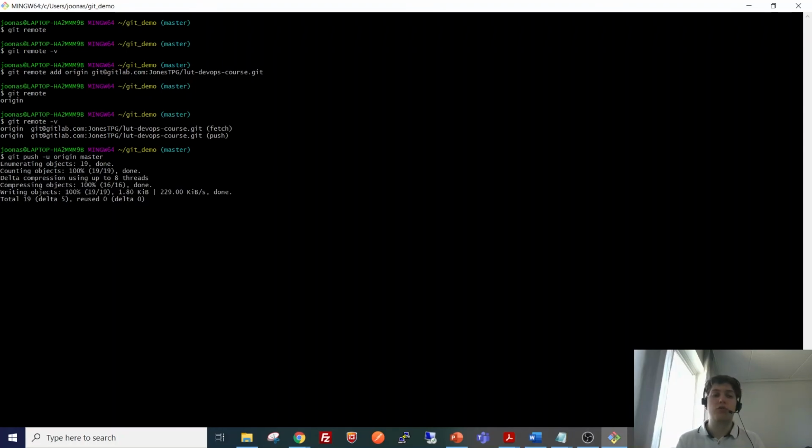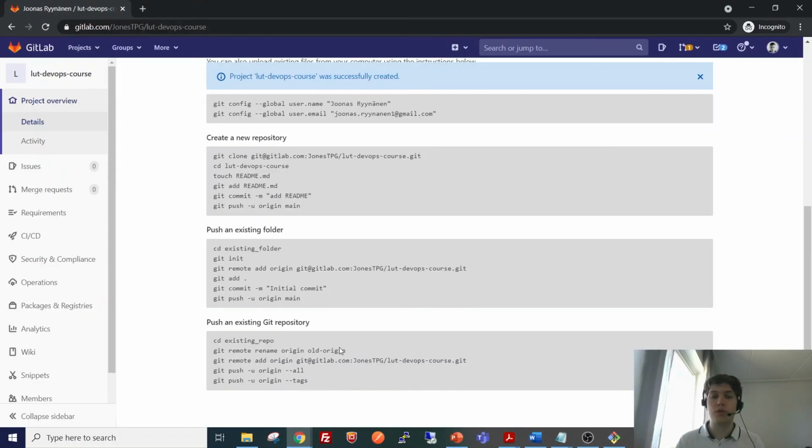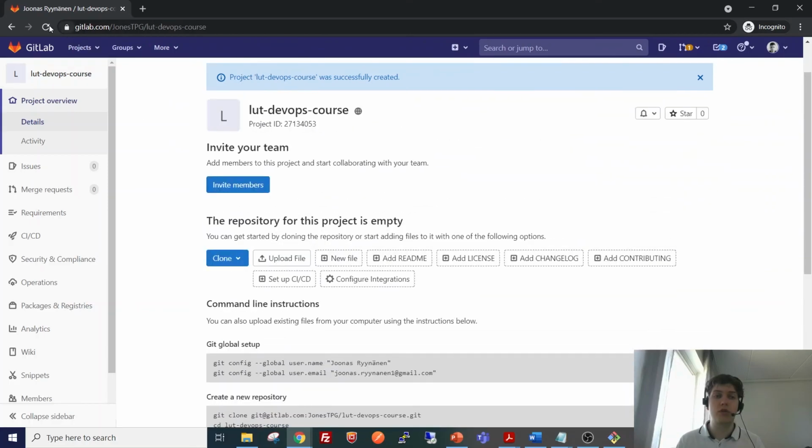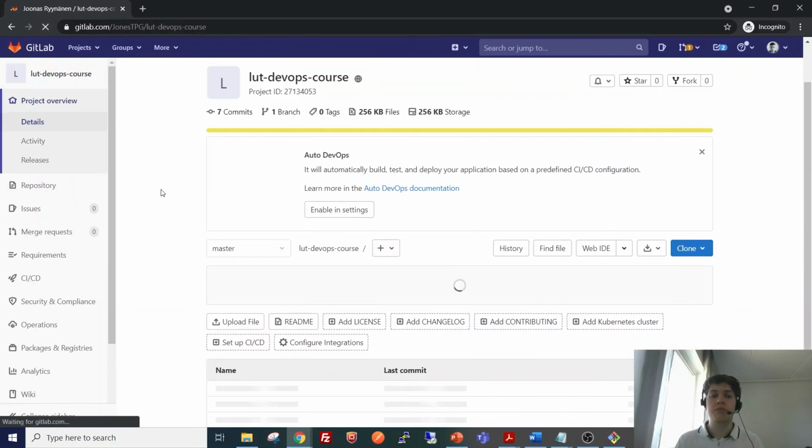Before this you have to make sure you can authenticate to GitLab. I have done the SSH key authentication, so I don't have to input my credentials each time I connect to the remote repository. But now, as we can see, the command has been executed, and when we refresh this page, we can now